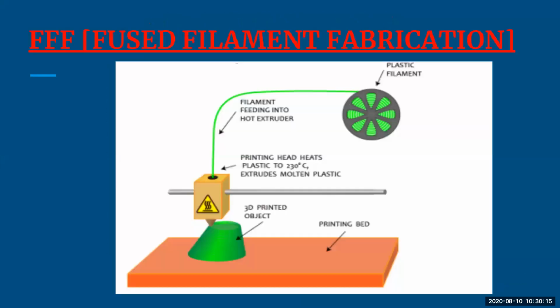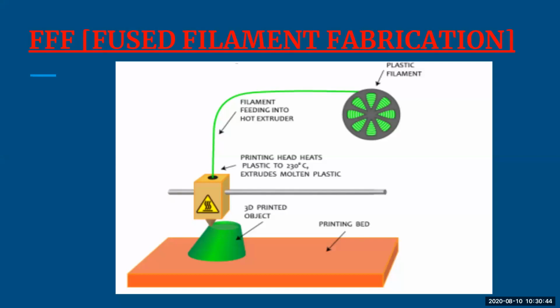What are the types of 3D printing? So when we talk about the types of 3D printing, the very first type is FFF, which stands for fused filament fabrication. Okay, so fused filament fabrication means what? The material is fused, and then it is fabricated. Okay. So fused filament fabrication, at times, is also called fused deposition modeling. Okay. So it is an additive process.